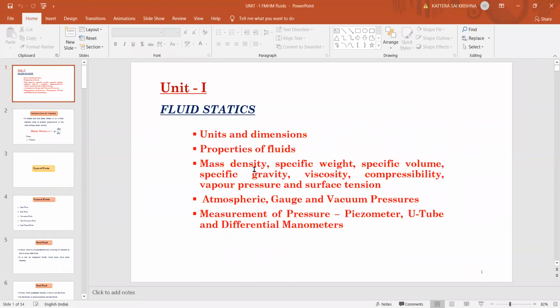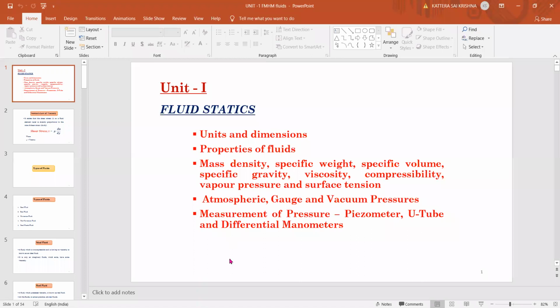So these were the topics which we have covered in our first unit. All the things we have completed. This last topic is very important, as well as these properties of fluids, because mostly in viva they'll ask these properties only. Definitions and units of the properties will be asked more. And in problems, if they want to ask from the first unit, they'll ask these manometers, or viscosity problems, dynamic viscosity, kinematic viscosity. Those problems they will mostly ask from the first unit.